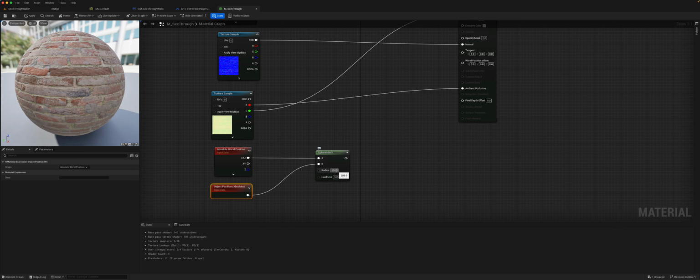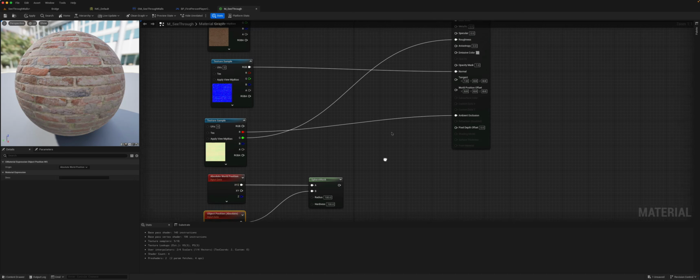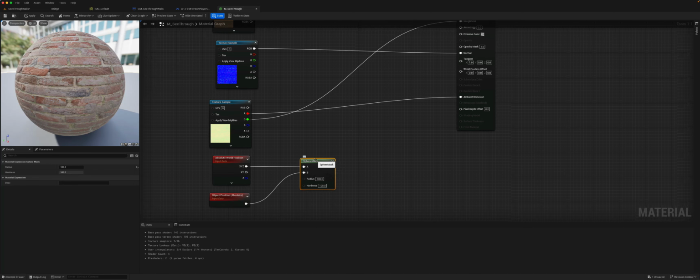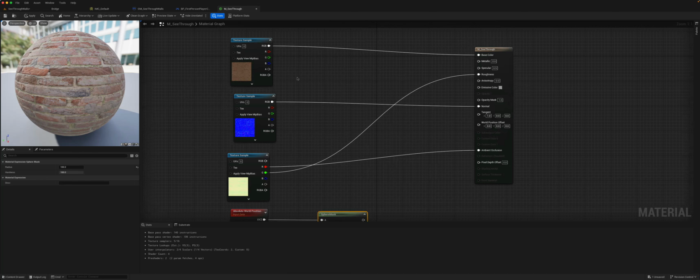And if we just give it, say, a radius of 100, now in the sphere mask, the center will have an opacity of 1 and the outside will have an opacity of 0. So if we just see what happens, which is the opposite to what we want, but we'll just